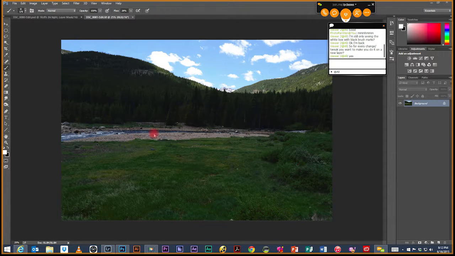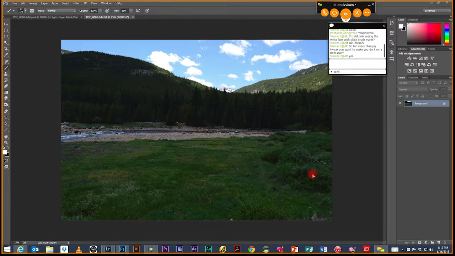I want to be able to bring this grassy area out a little bit, maybe bring some of this stuff out here in the shadows, things like that. Now, one of the cool things about these later versions of Photoshop, and this was actually a plugin that was added into CC 2014. So if you're using current versions of Photoshop, one of the